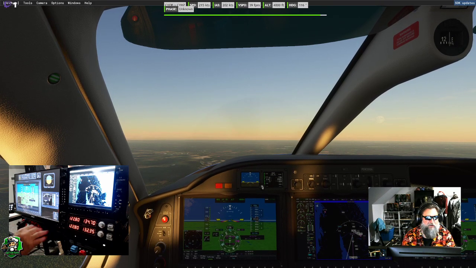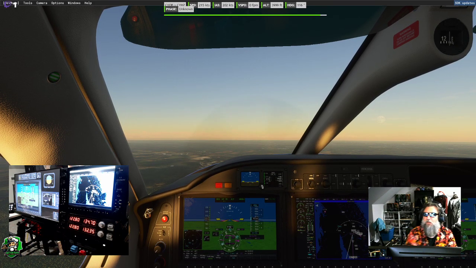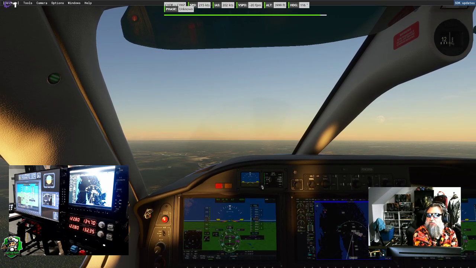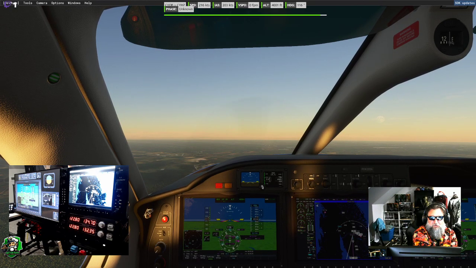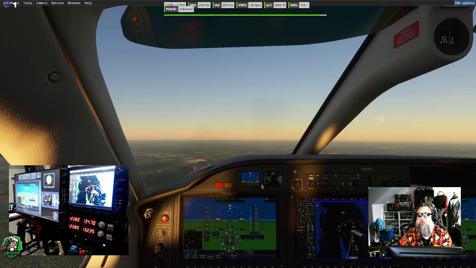All right, we're about 5.8 nautical miles. We need to be at 4,000 feet. And then going to